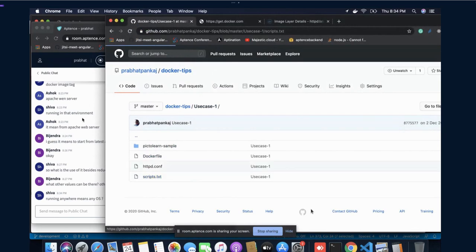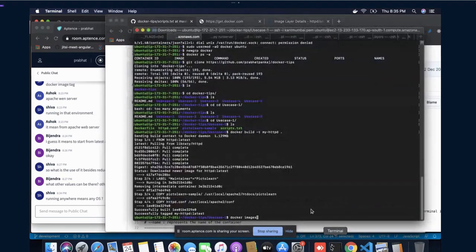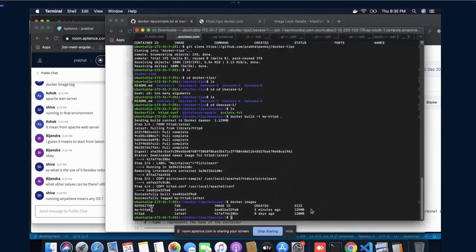So the first step was to create a Docker container. Now you can get the information on what Docker images I have. If you run this one, you'd find that you have just created an image called my HTTPD. The initial file is 138 MB, you added a 1 MB file, that's why it is showing 139 MB, and you created it 2 days ago. The HTTPD image was created 8 days ago, and they have added this image like this. So now I have our own image.